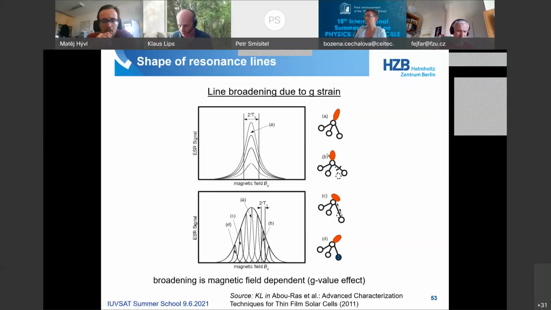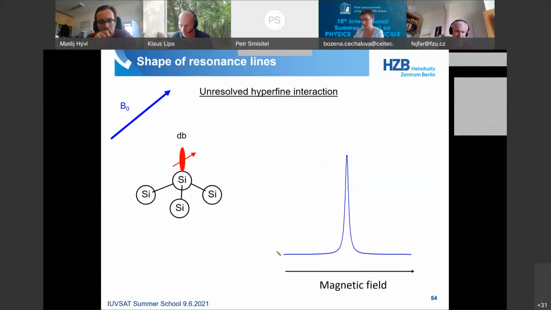However, if you have now disorder, let's say one bond is a bit strained here, or one bond is a bit longer, or there is a proton sitting next by, that local wave function is going to change, and that is going to shift the resonance in frequency or magnetic field space. And then you get an inhomogeneously broadened line that is much broader than the original line that was only T2. So basically, all the nice features that we had before disappear under the disorder. And the only way that we can get rid of this disorder effect is through